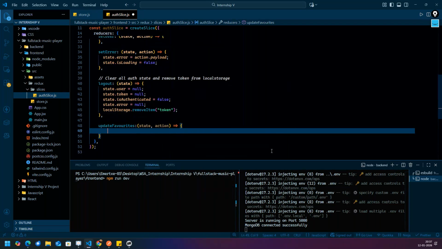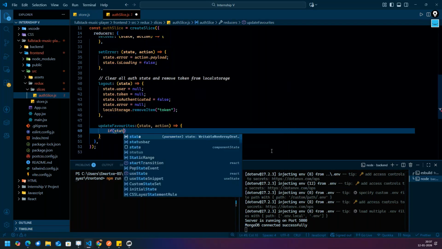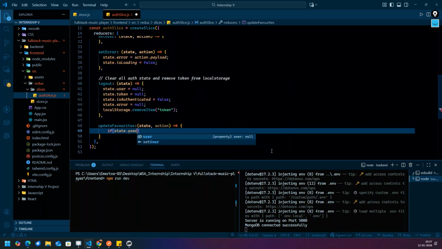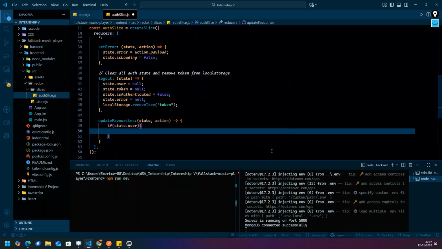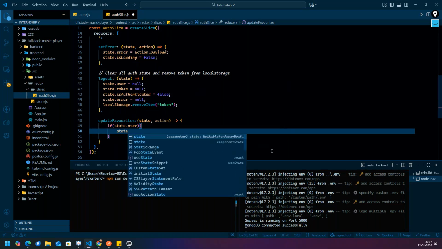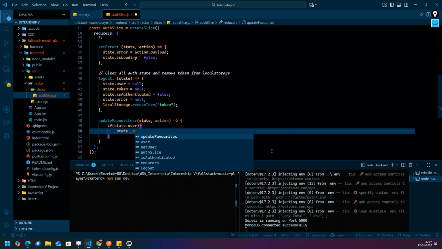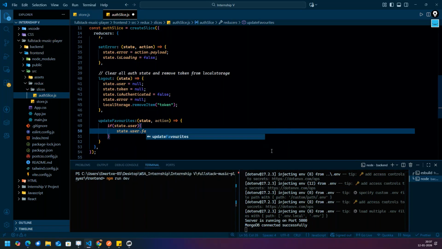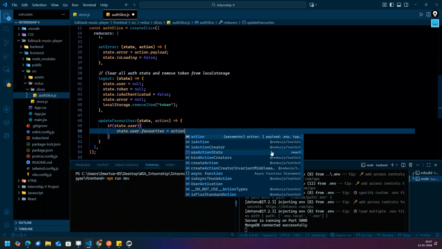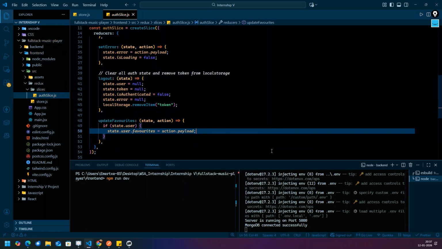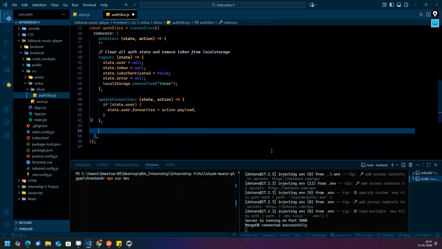If state dot user is there, meaning if any user is there, then what we have to do? State dot user dot favorites is equal to action dot payload. Very easy enough.